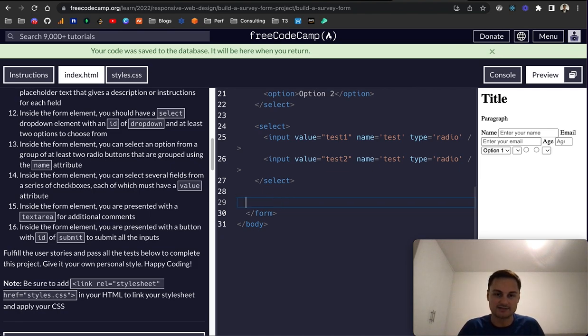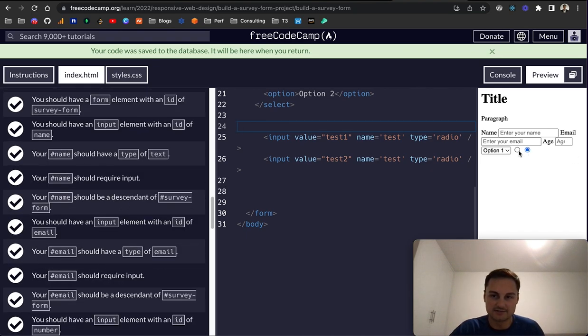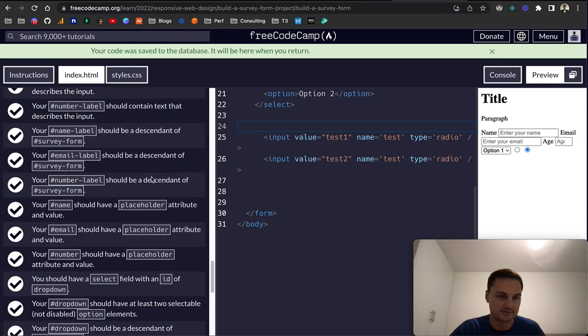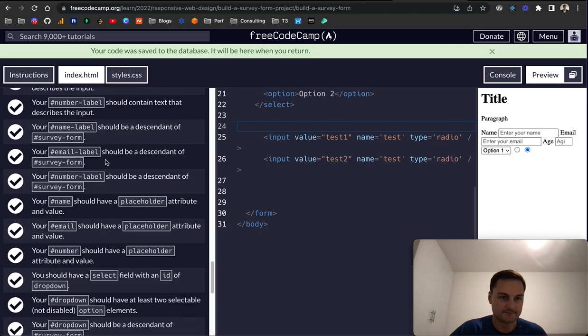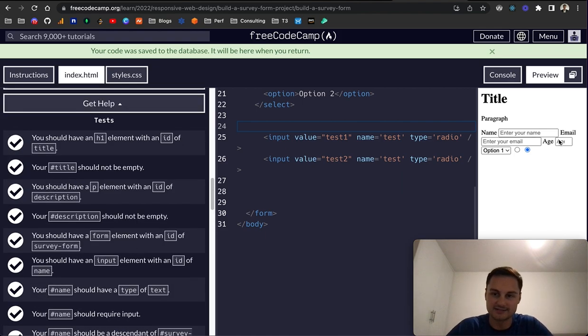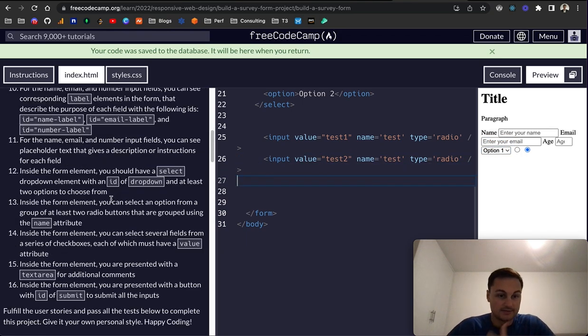I'm not sure select is the right one here, so I'm actually going to remove this, and I think if the inputs have the same name and they're radio, it will still allow us to go between the 2, and it should still pass those tests. Yeah, that's absolutely fine. The select is just the drop-down here, the options, so that's not needed in this case. Cool. So now what I want to do, number 14, is inside the form element